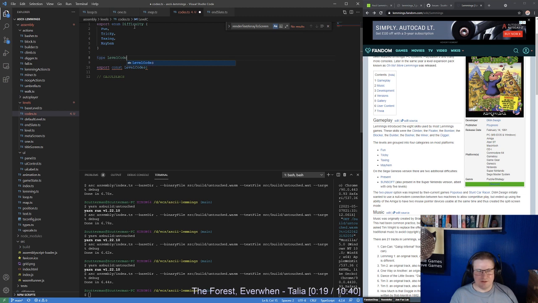That's actually what I wanted to do. So the type is going to be an object with key equals difficulty, let's call this level difficulty codes, and level codes will be